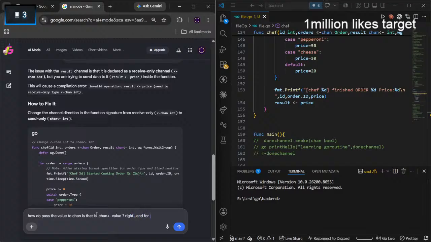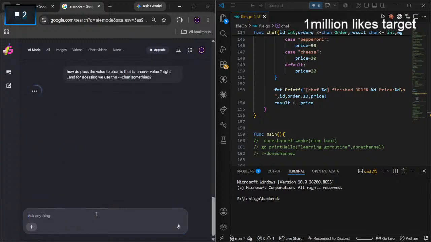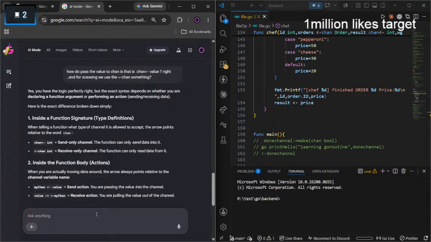And for accessing we use something different, something like this, I guess. I don't remember. You have the logic perfectly right, but the exact syntax depends on whether you are declaring a function argument or performing an action, sending or receiving data.